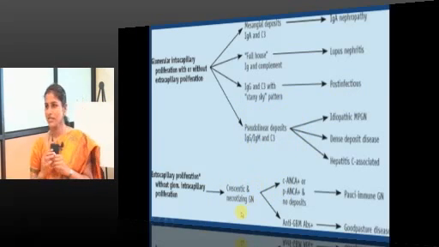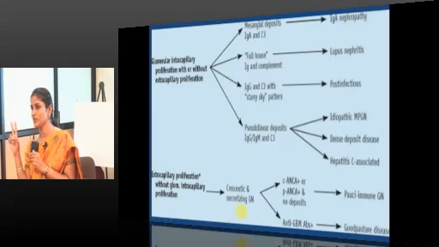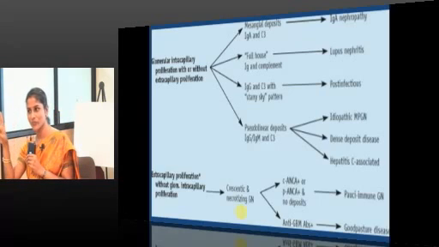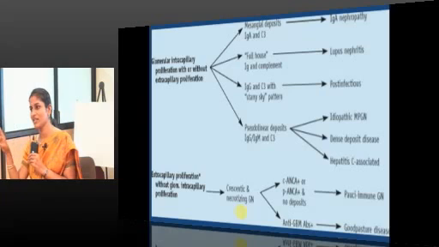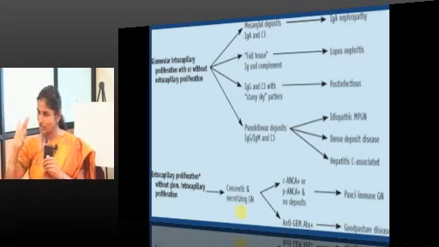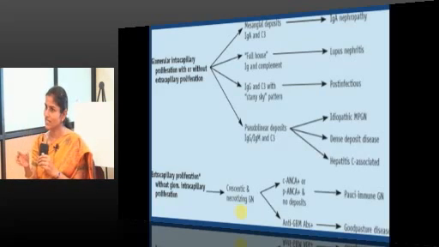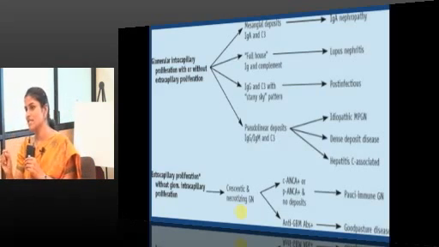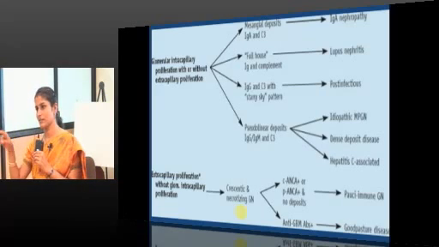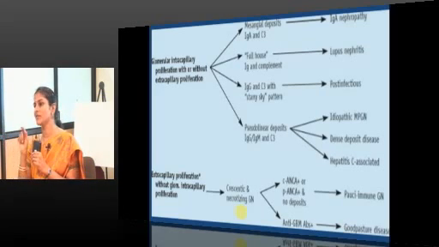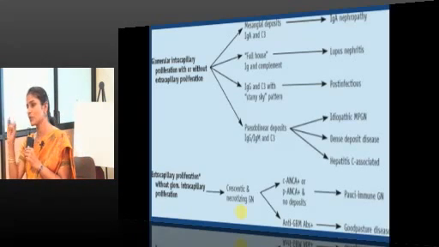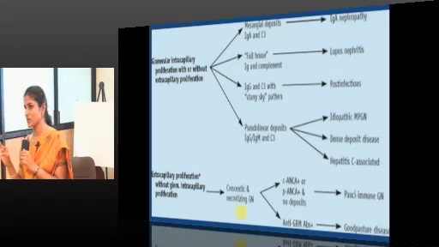Crescentic, RPGN. RPGN is type 1 Goodpasture's, type 2 immune complex, type 3 ANCA positive vasculitis. Actually all these are vasculitis, affecting the glomerular basement membrane, resulting in GBM rupture, and the pathology continues. What causes the vasculitis, the mechanism, the etiology is this: type 1 Goodpasture's, type 2 immune complex, type 3 ANCA positive vasculitis.